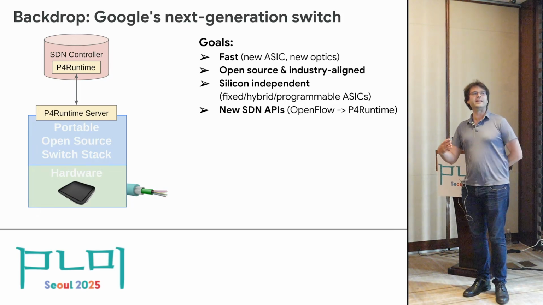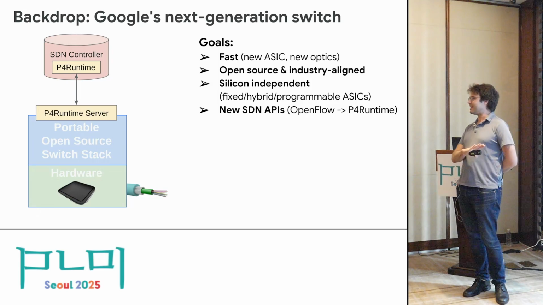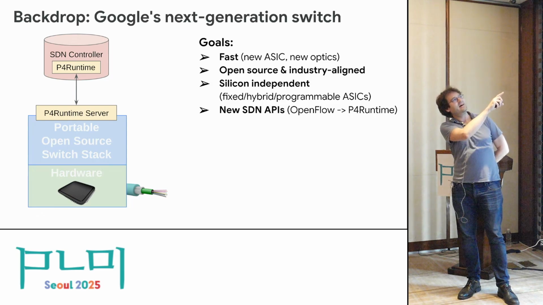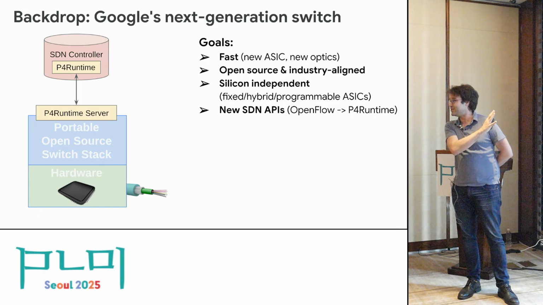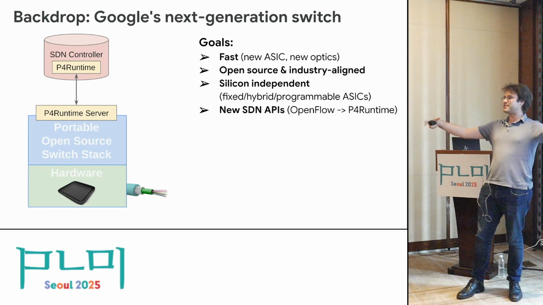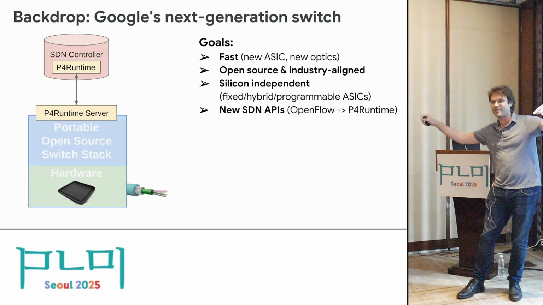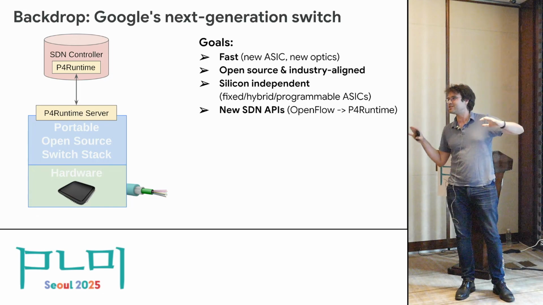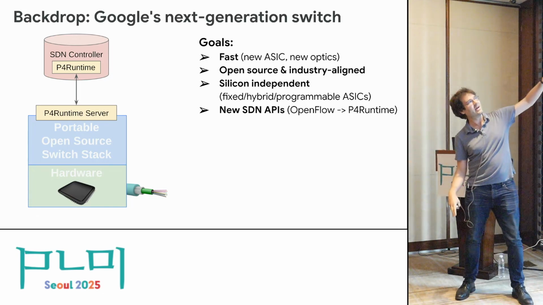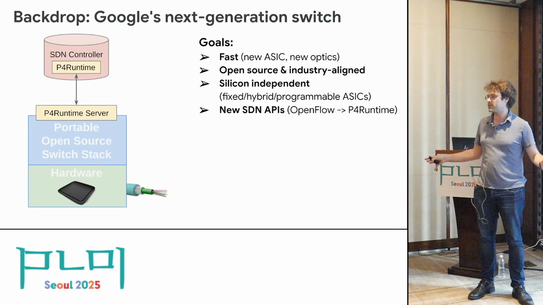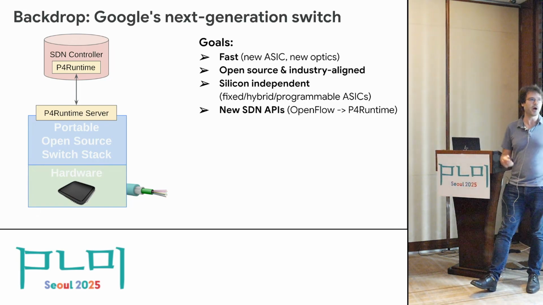And finally, we need to move to a new SDN API. I'm not at all going to tell you about why we're doing that, but it turns out to be very important. SDN here is software-defined networking, another concept that you may or may not have heard of. Extremely briefly, if you had a networking class in your undergrad, you probably learned that networks were these big distributed systems of switches that all do their own little thing, and somehow they figure out how to make the internet work. We don't do that. Think of switches in our data centers as being extremely dumb, maximally dumb, and there's instead a centralized controller that figures everything out and programs those switches to do the things that they want to do. That's really what's going on.